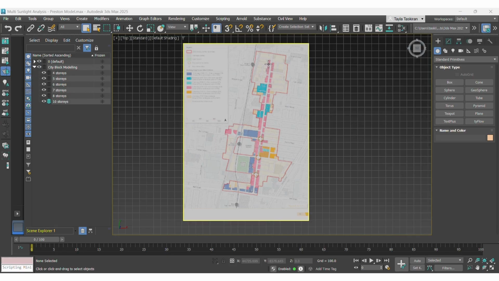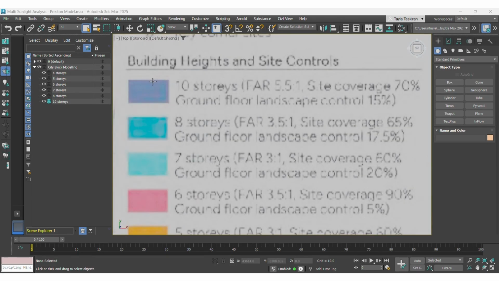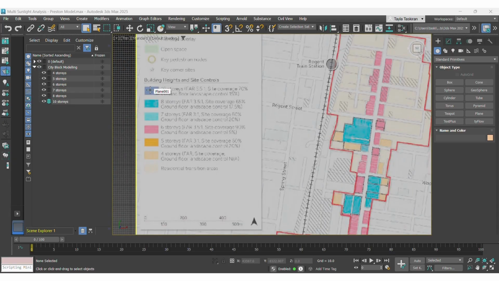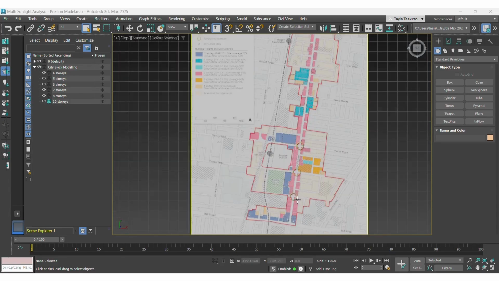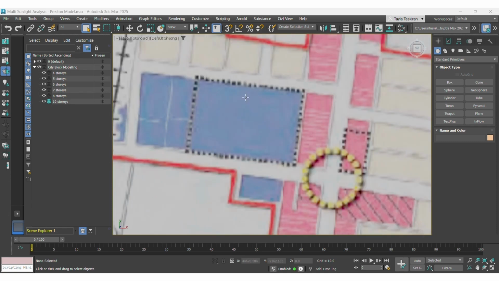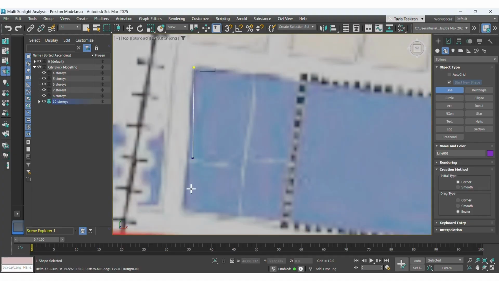So we can actually begin by drawing. Staying in top view, let's start with 10 story heights. In the legend here, it tells us 10 stories is the purple region. If we scroll down to here, we can see that these purple regions are at max 10 story heights. So if we begin with this building envelope here, the boundary from here, and follow the building envelope,